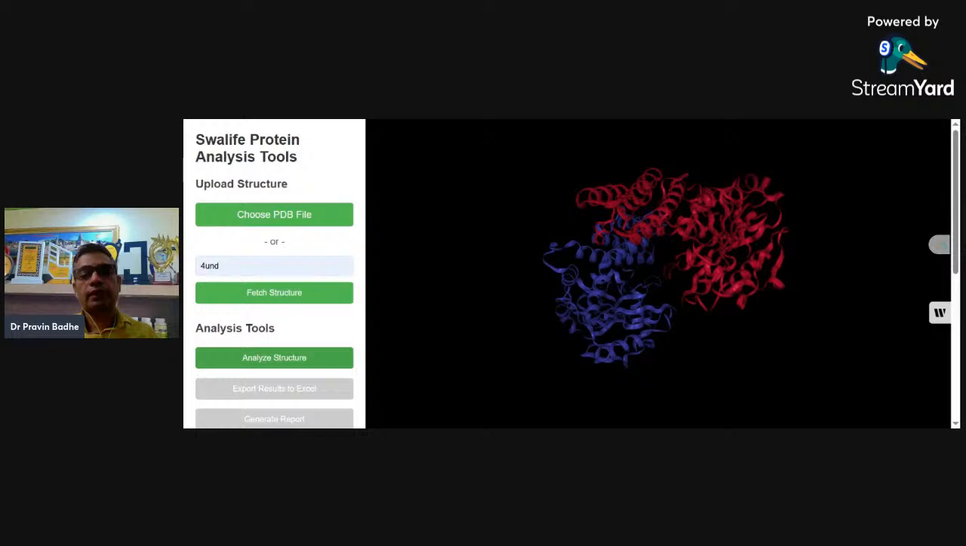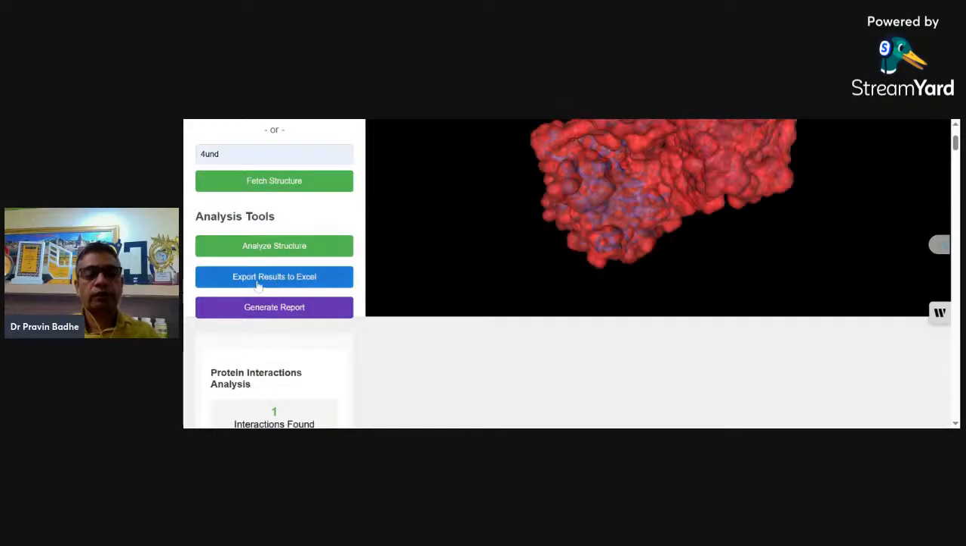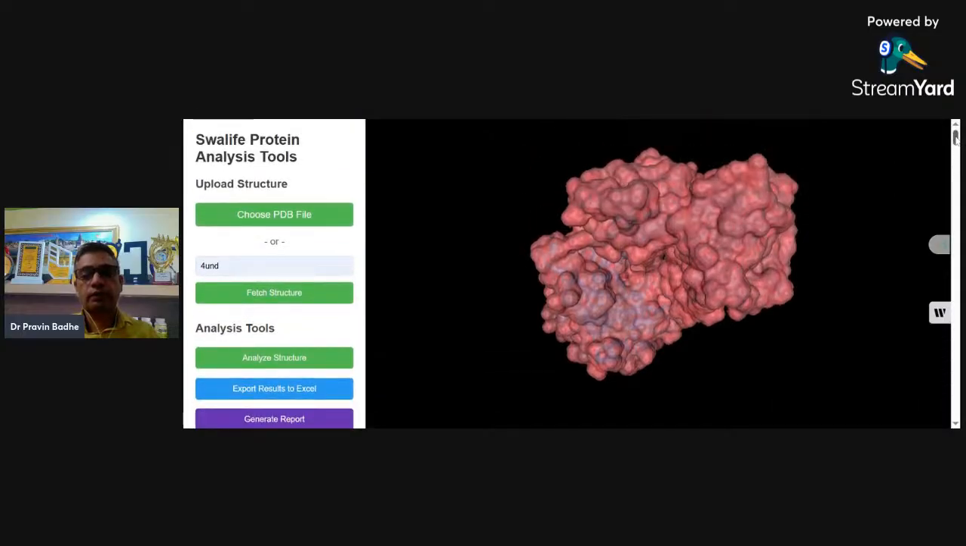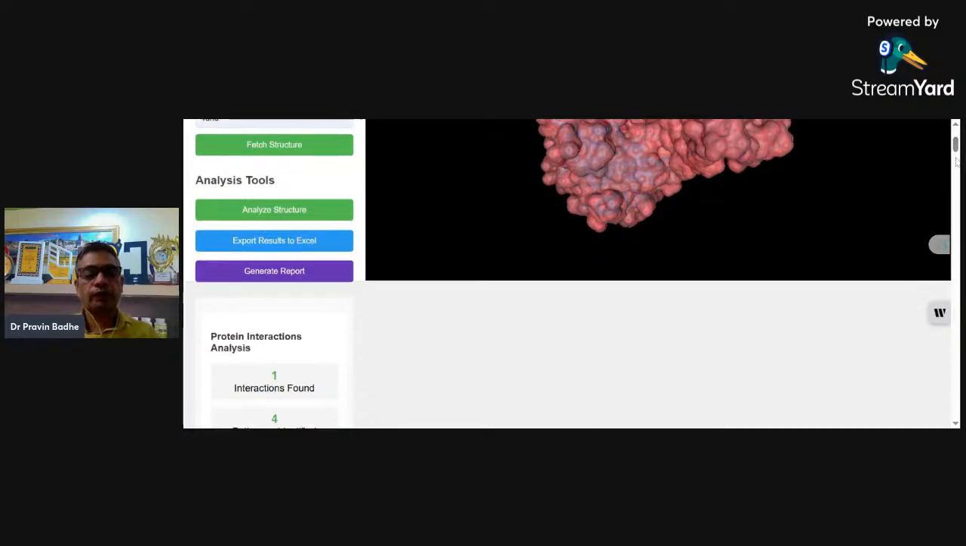So it is taking time. So let's see if there is any other question in the moment. Okay, so it's done. So once you click on analyze structure, you can actually get the results. So the structure is now in different form. So you can export the result in Excel or in the report. It is going to give you the information about protein